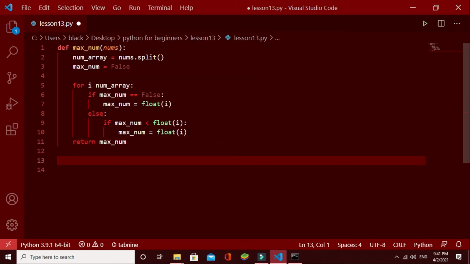Now we have to improve this program to get inputs from the user.